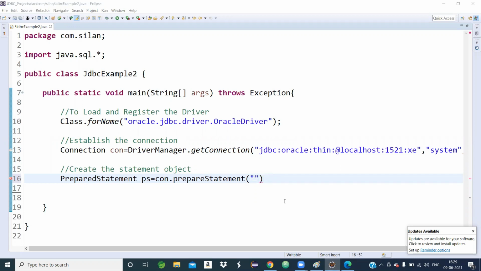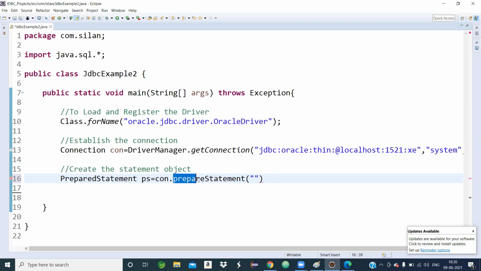Somebody is asking, if you call the createStatement method, then you have to write a Statement object. So the createStatement method returns a Statement object, and the prepareStatement method returns a PreparedStatement object.